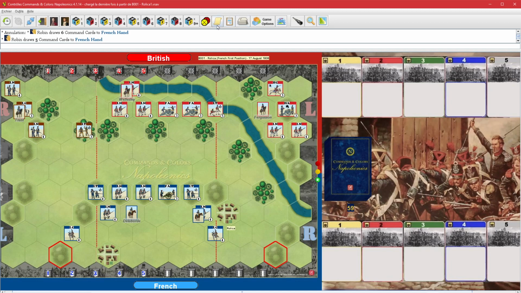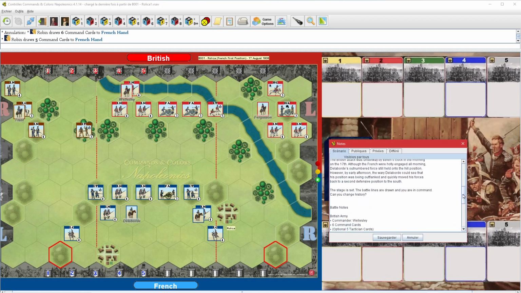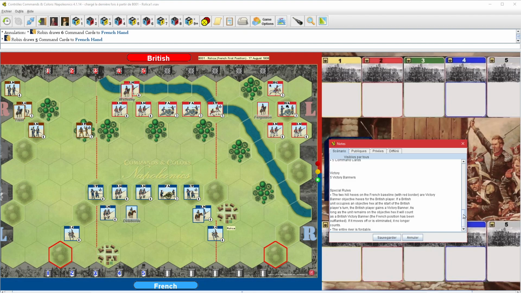So let's see the special rules of the situation. Let's go up. Oh, there you have all the story in it. And so the British has 6 command cards and moves first. The French has 5 command cards. Of course, we are not using the tactician cards. So the only special rules